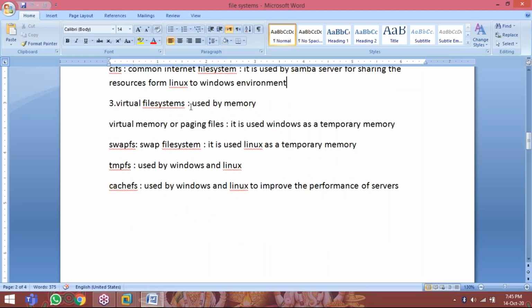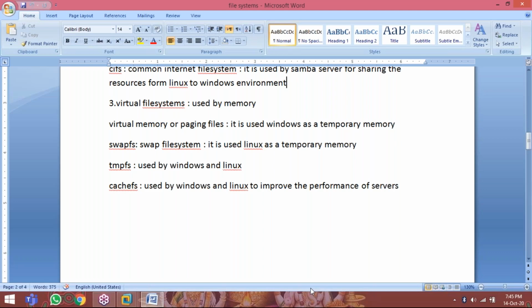Now virtual file systems are used by memory. So virtual memory or paging files, it is used by Windows as a temporary memory. For example, I asked you a question, what is your RAM size? 8 GB. That is physical memory. But apart from physical memory, your system can also utilize some space from the hard disk as memory, called virtual memory.